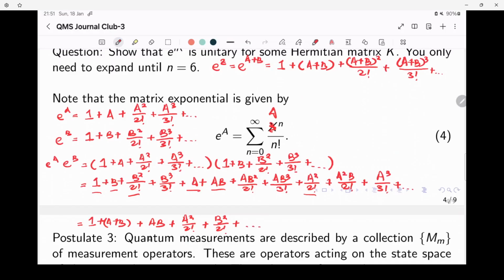Let's put this here for now. Yep. You can of course write down the b cubed and then ab squared, ab. You don't need ab cubed, a squared b and a cubed and so on. I don't have space, so I just write up to